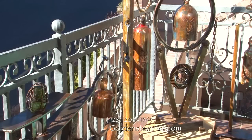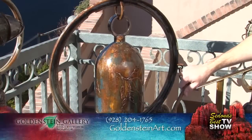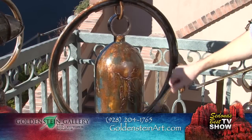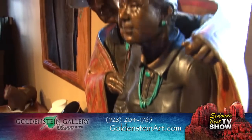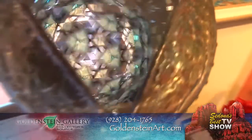We have these fantastic bells by Doug Adams that are from all found scrap metal. The bell itself is an oxygen tank that he recycles all of them, and it's amazing how beautiful they sound. All of our artists have come to us, and I think it's exciting because we have just about every style